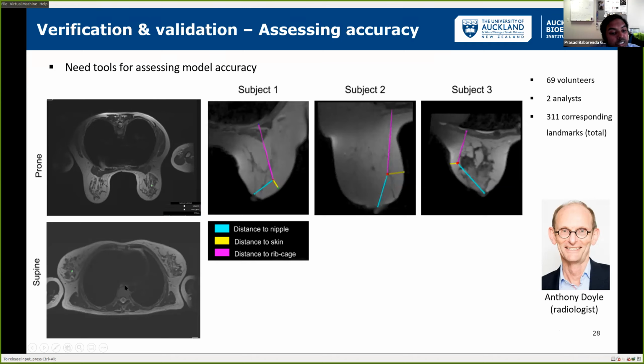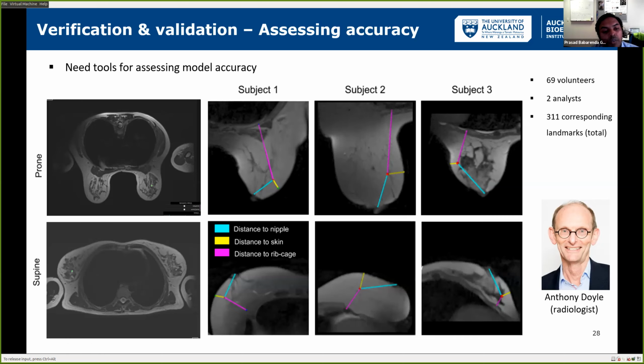And we want to be able to check our model is correct or not. So together with our clinician, his team of analysts, registrars, identified corresponding landmarks between the prone and the supine MRI images. And this now provides us some idea of where the tissue is moving,